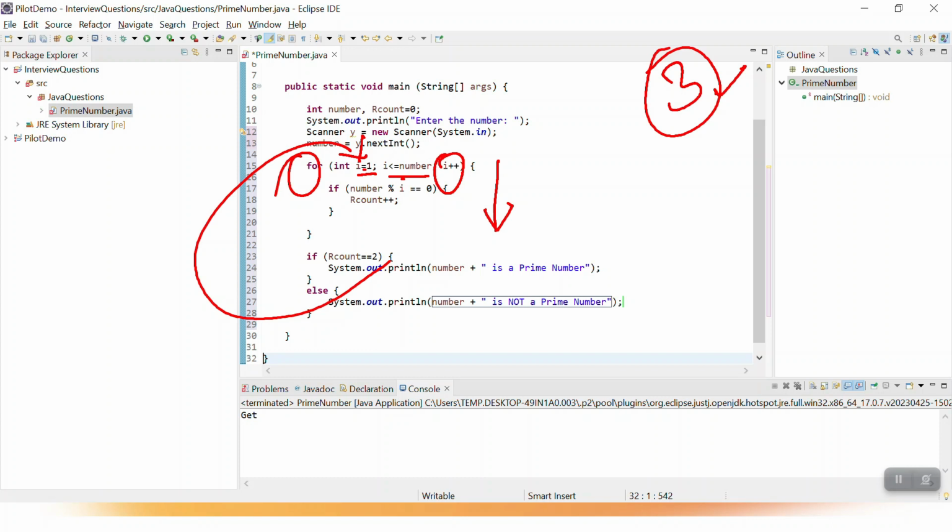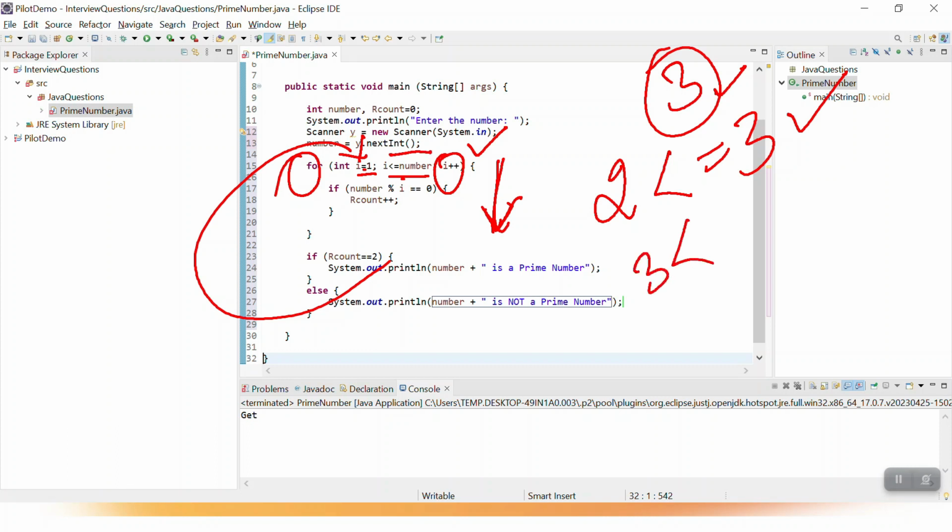So 2 is less than or equals 3, this condition will be satisfied again, and now the loop will again move inside the scope of for loop, and then again it will increase the number to 3. The I number is equals to 3. Now again it will go inside the loop and it will check whether the number which is 3 is less